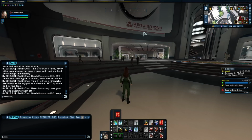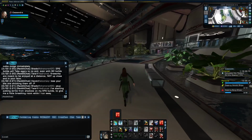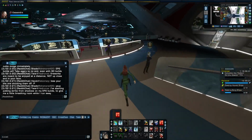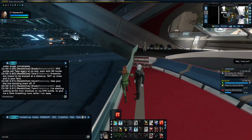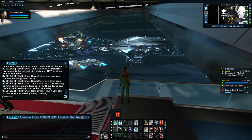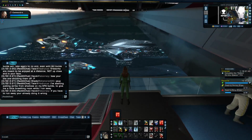Janeway is important enough for a class. Why no Picard class? That's a good question, and it's something we've actually wanted them to do, and they're thinking about doing. But they have to pass it by CBS, because CBS is the one who actually controls the Star Trek IP. This is created by Cryptic, and they don't actually own it. I mean, they own what they've created, right? But they don't own the IP, so whatever they do in the game, they have to pass by CBS, and they passed renaming this to the Janeway class by CBS, and they said yes. They're thinking of doing that for another ship for the Picard, probably a T6 Challenger class, is what they said on stream, but they haven't gotten the permission for that